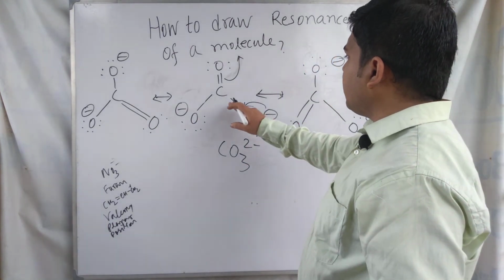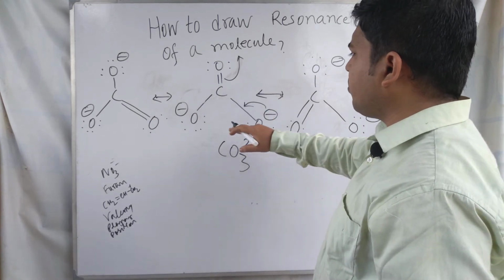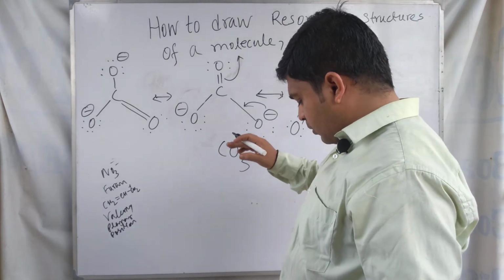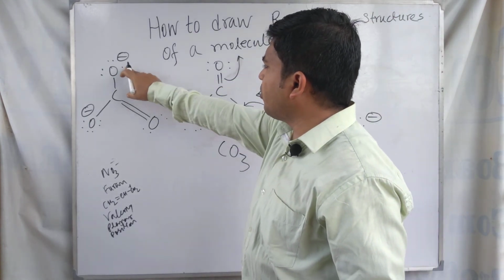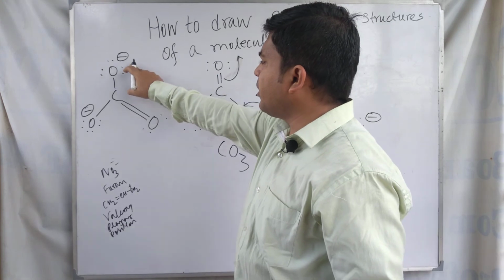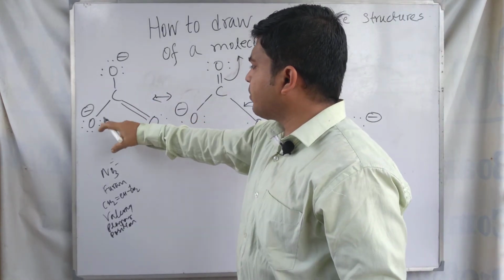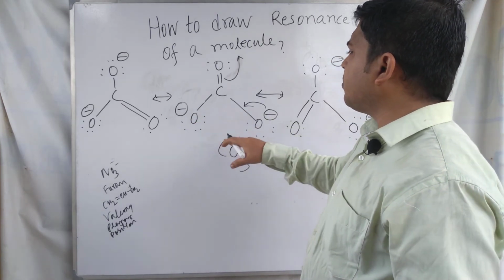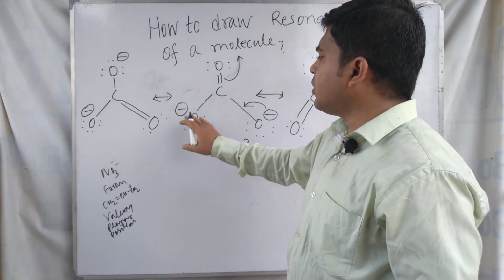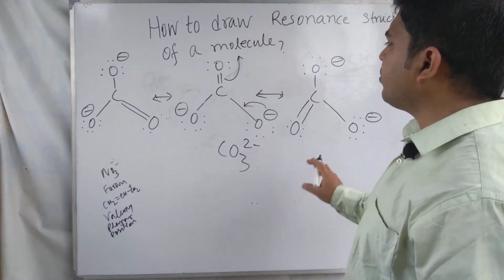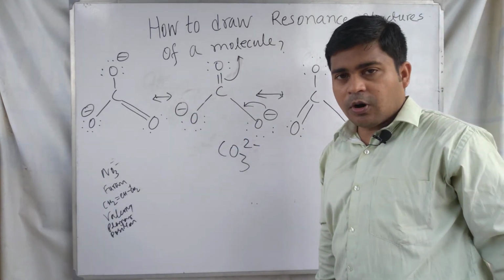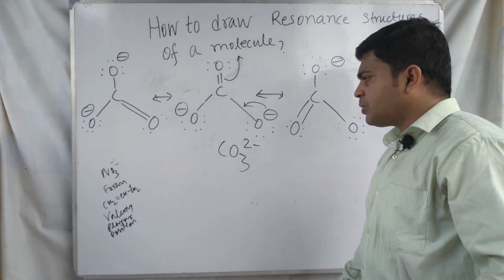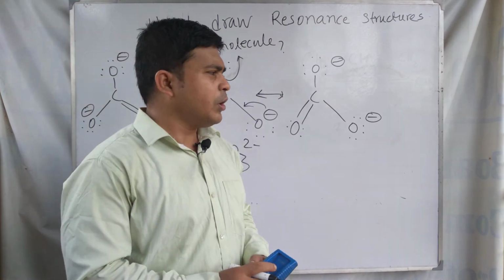Okay, this one is forming a double bond, carbon and oxygen forming a double bond in between two, and this time the carbon and oxygen bond is broken and is becoming a negative charge, and this one is already negative before, means drawing the resonating structures. This one is unchanged. So these three are the resonating structures for carbonate ion. For carbonate ion, these three are the resonating structures of carbonate ion.